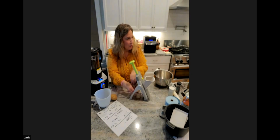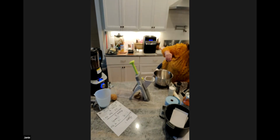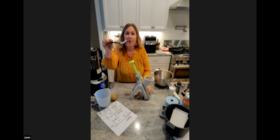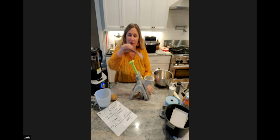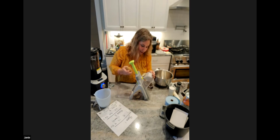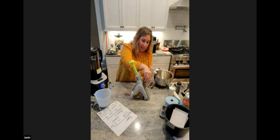It does come with a great little cleaning tool. It comes with one, or it should. Sharon didn't get hers, so we'll have to figure out where hers is at. It comes with a little dual-sided cleaner brush, so you can get right down in there, and then it's top rack dishwasher safe. Now, the one that I use it for probably the most is the French fry cut,